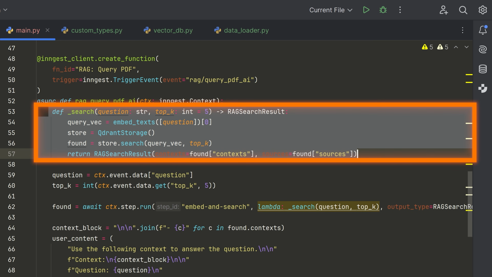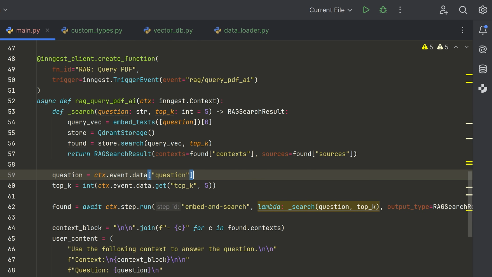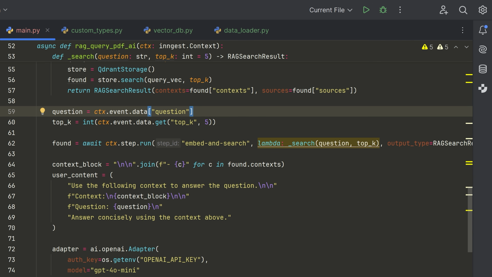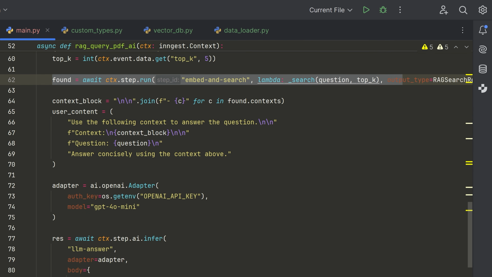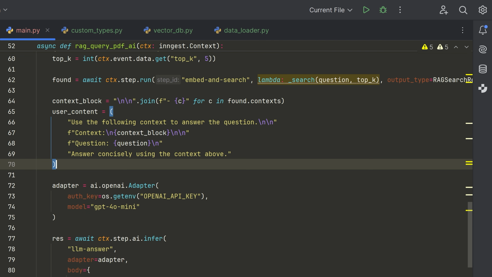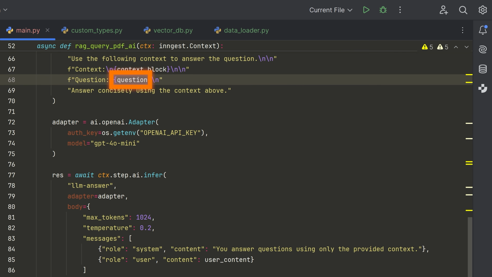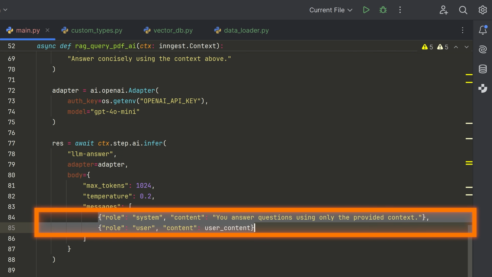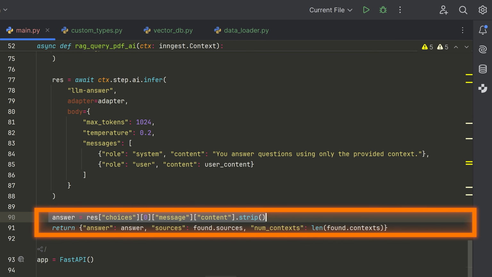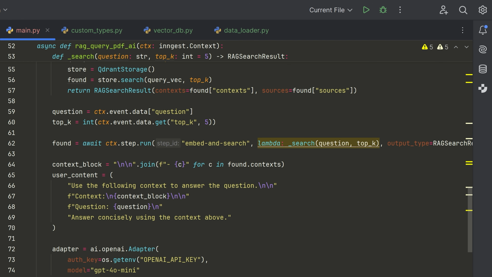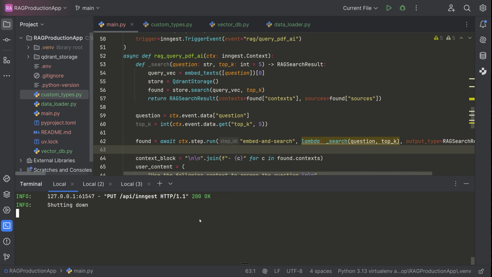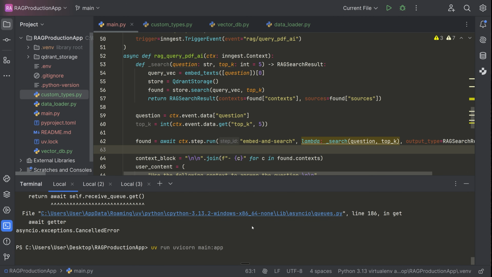Again, what we're doing is we have the search step where we're embedding the query, essentially the thing the user asked, and we are then searching for the results in the vector database. We are running that as a step. We're creating a simple prompt here to say, okay, here's the information, here's the question. We're creating an AI adapter. We're passing that to the inference step with our messages. And then we're just parsing the response and returning it. It's really not too complex, but just because we're doing it with Inngest, I want to explain it a bit more in depth. Okay, now that we have that, we can restart the server again,